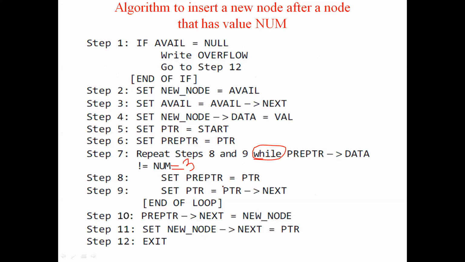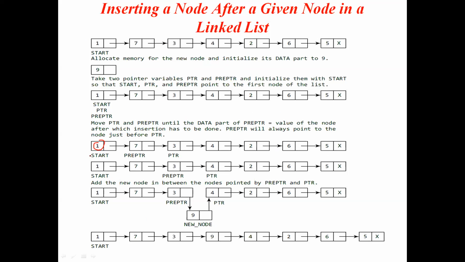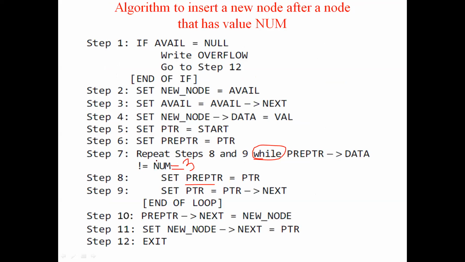What are you doing? Pre-pointer equal to pointer, and pointer is nothing but the start variable. Let me have this as 100, 200, 300, like that it goes on, so that it is easy to understand. I am copying the same 100 to the pre-pointer. Then I should forward to the next node. For that I am using pointer next, which holds the address of the next node. Whatever we saw in the previous thing, we are just iterating, that's all.